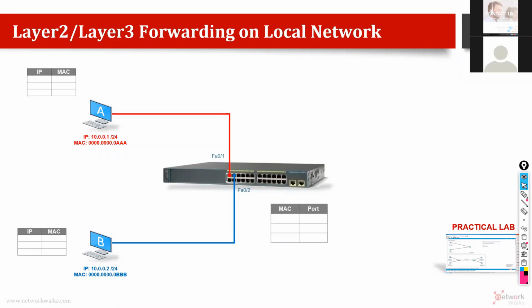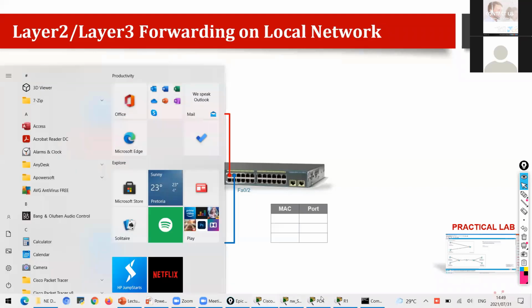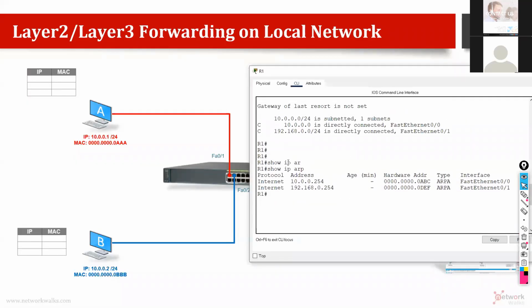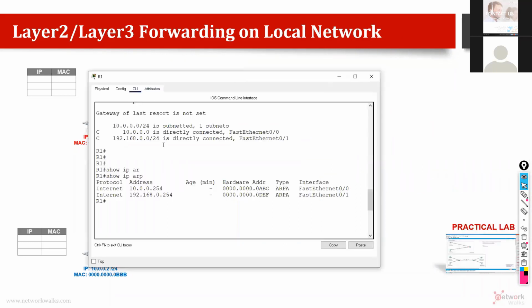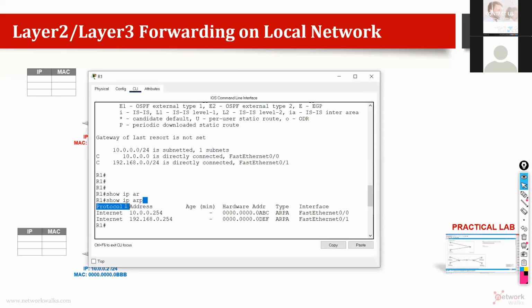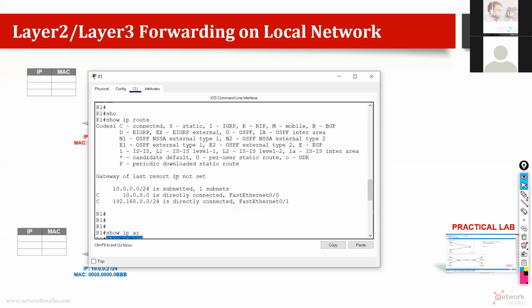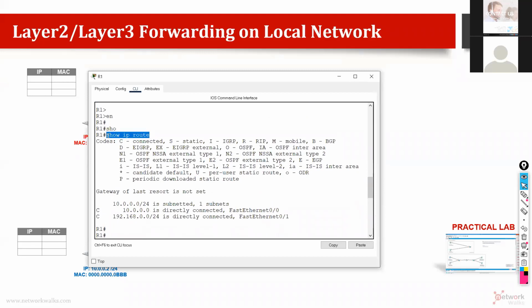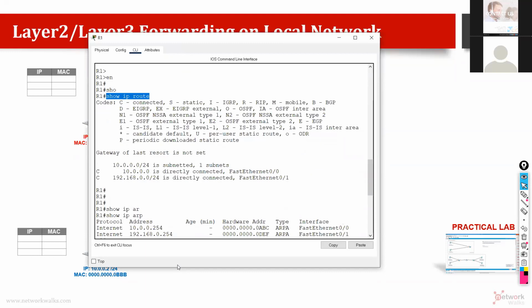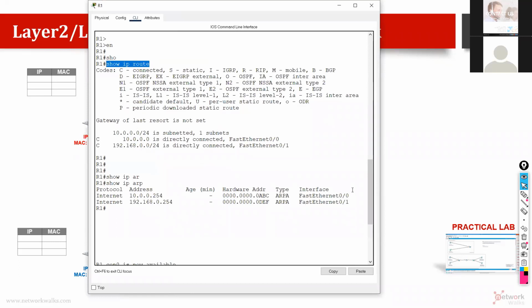Mohammed says, so the router will have 2 tables. Yes, routers have 2 tables. I just showed you. Remember? This one. So it has an ARP table, which you can find through show ip arp. It has a routing table, which you can find through show ip route. That's why routers are expensive. You can see it has to do so many jobs. A switch's job is easy.